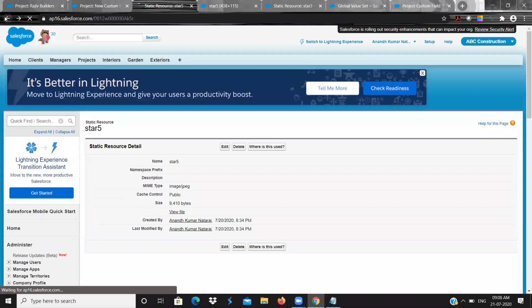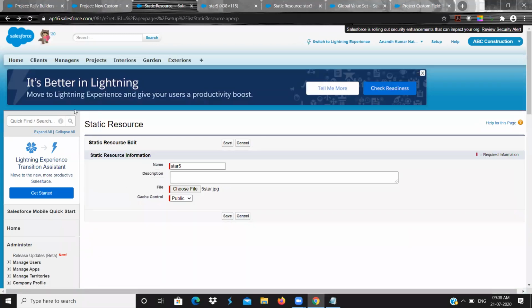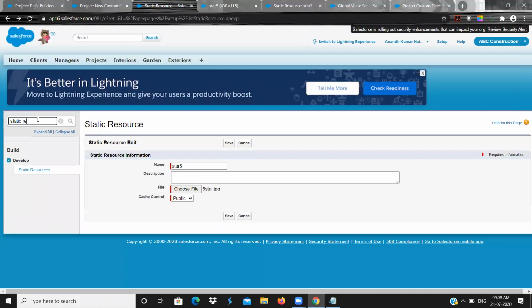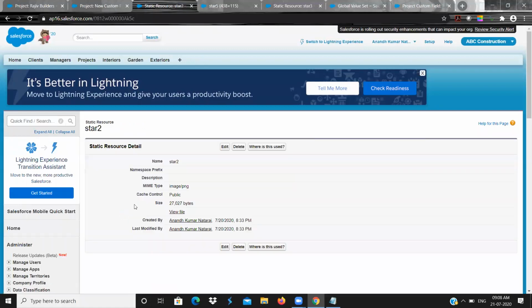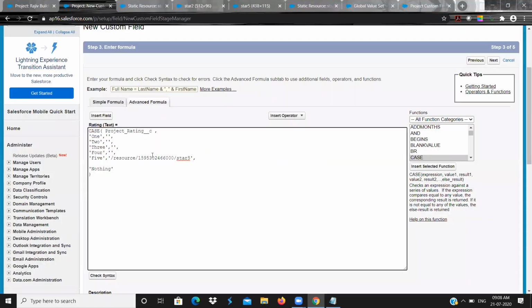Okay. So similarly for 4, one second. Star rating, view file. So you can take this path, resources / some number and the name. So for 2, it needs to show this.